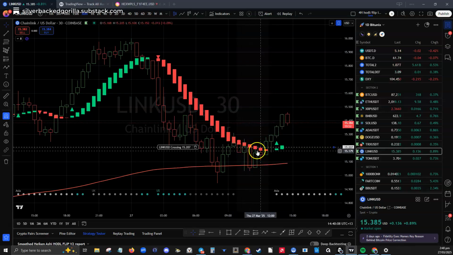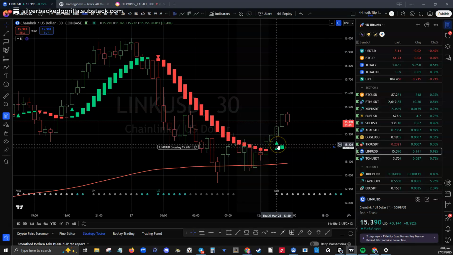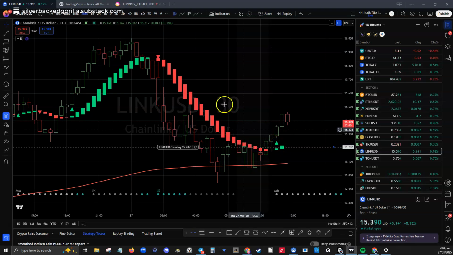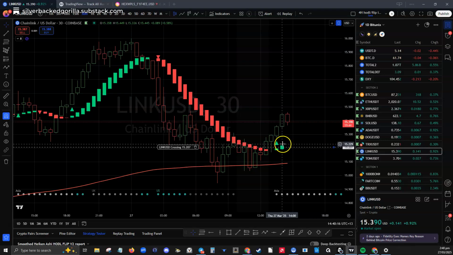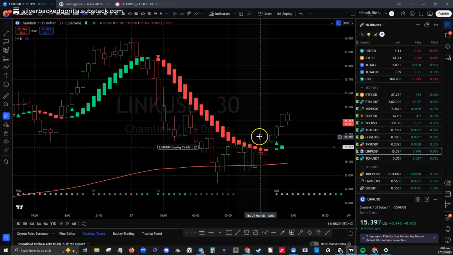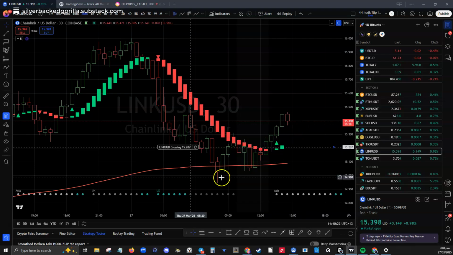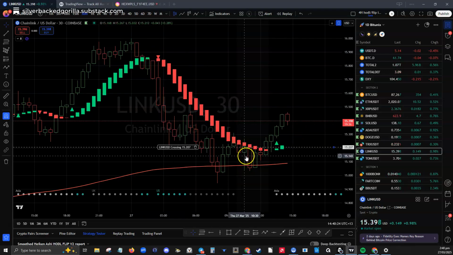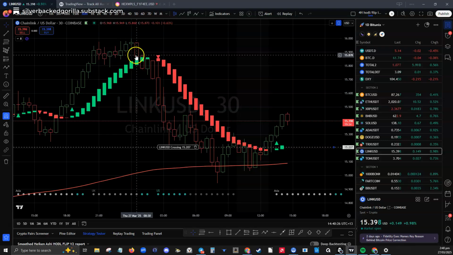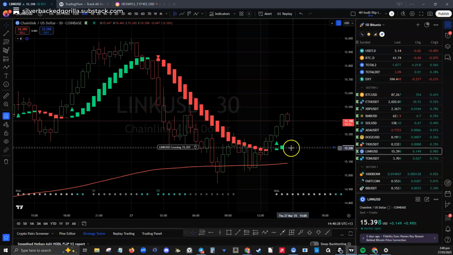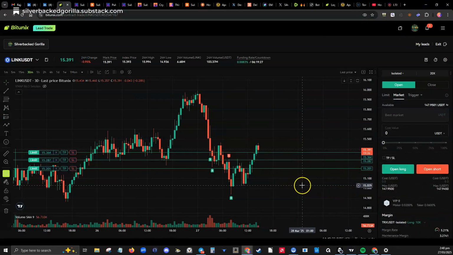So it started from below the mean, got above, closed above it. So that confirmed the new short-term trend, which is, as you see, it's green along with the daily trend. Now we're in line with the daily trend. So we ignore these downtrends in the small time frames. We only trade these ones, and we're just sort of at the beginning of it. I haven't got a big position up here, but I've got a position just for the sake of the video as well.